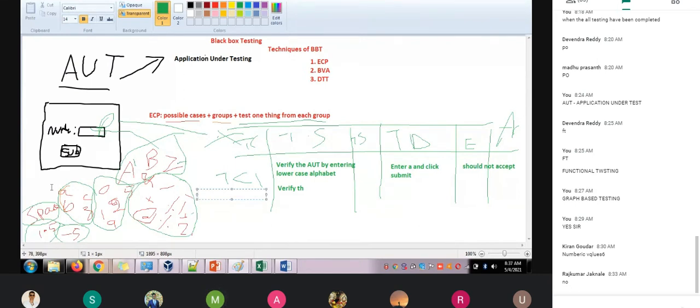That I understood, sir. But do we apply this in ETL testing? In ETL testing you can't apply it. In ETL testing, you will not use this, guys. Black box testing, basically, we don't use in ETL testing.